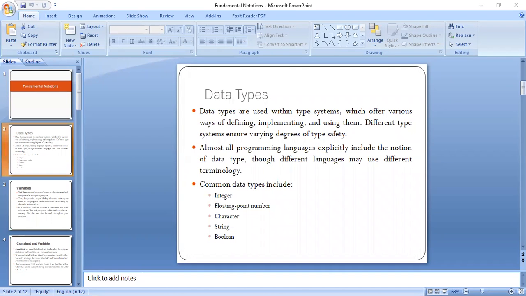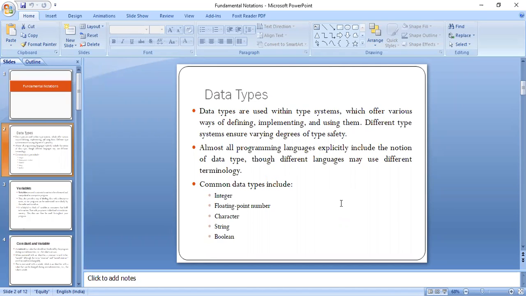So when we are saying data type, what is it? Data types are basically used within type systems, which offer various ways of defining, implementing and using them. Basically, we are telling the compiler that we are using this type of value so that the compiler can provide you the suitable memory space and you can work well with those.